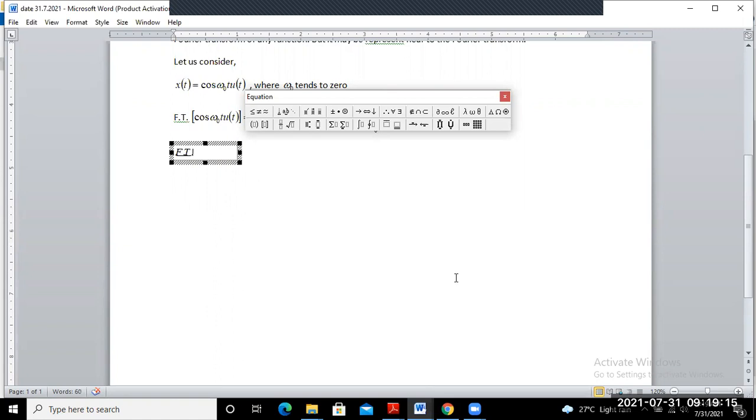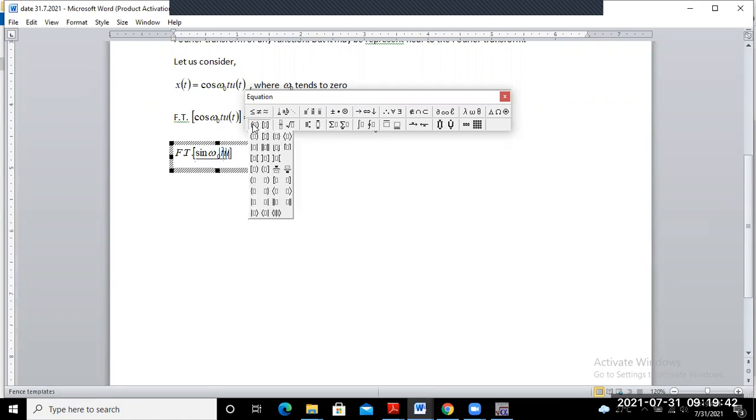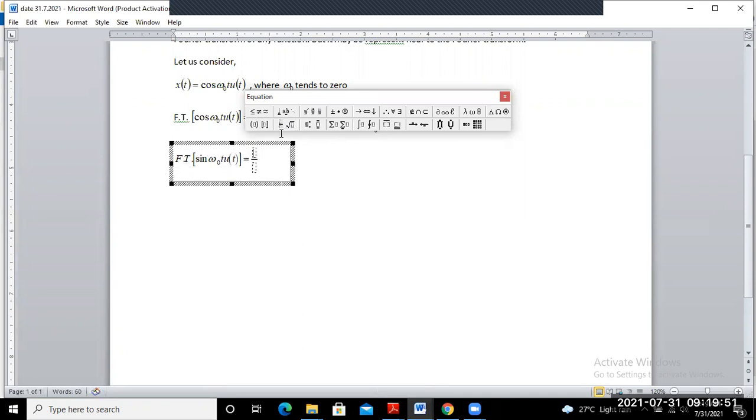Fourier transform of sine omega naught t u(t) is equal to pi by 2j into delta omega minus omega naught minus delta omega plus omega naught, plus omega divided by omega naught square minus omega square. Okay, so this right here